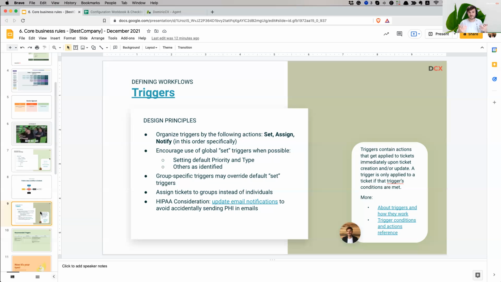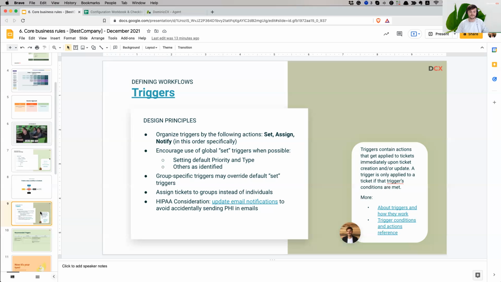And then you have to make sure that you assign it to the appropriate group, right? So once you know, for example, the priority, and once you've set, for example, the region from which the ticket comes from, you know who to assign it to, right? So you need to then assign it. If its priority is urgent and the region is Germany, then assign it to the German group. If the ticket is, for example, normal priority and the region is England, then assign it to the English group,